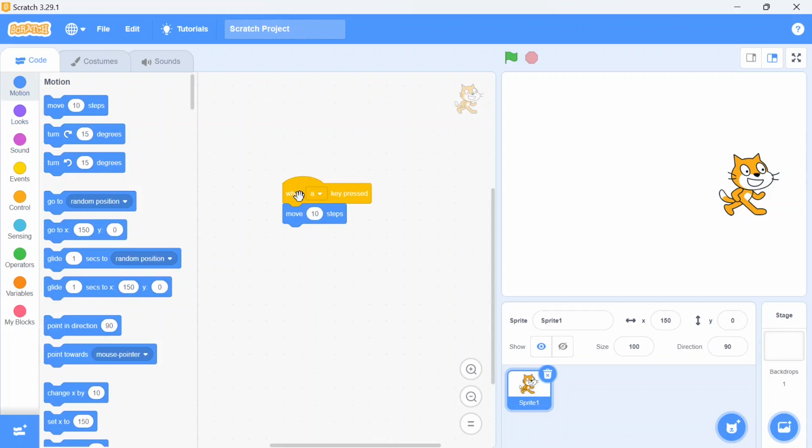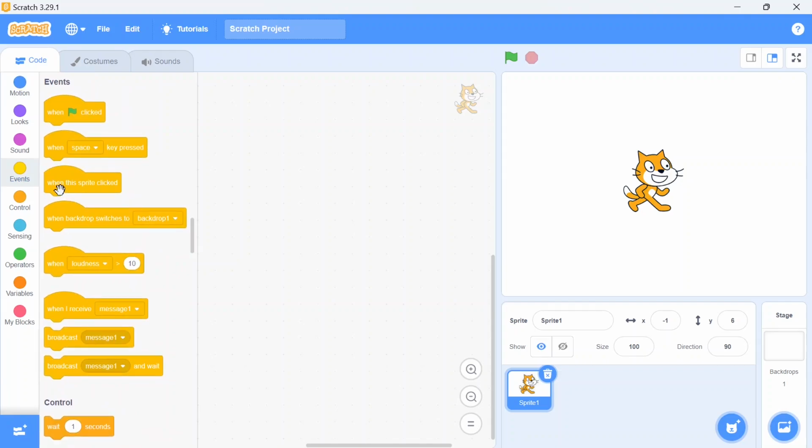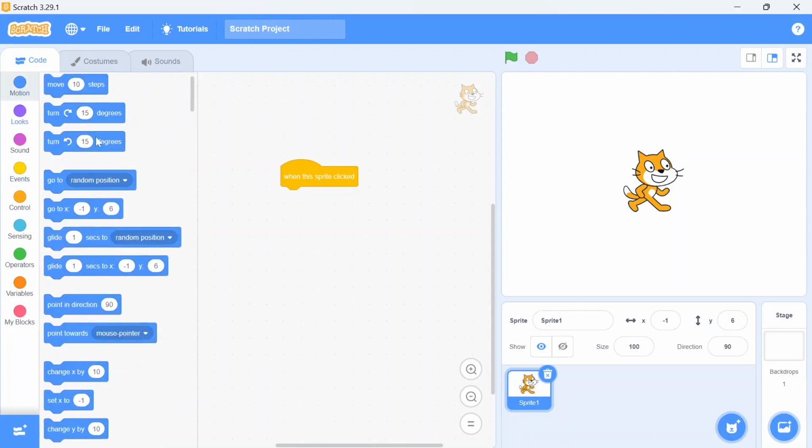Now we'll discuss another block. The next event block is when this sprite is clicked. Here, same as before, you are triggering your script with the help of the sprite click. Here I have chosen only one sprite, which is already available, and I again want to move 10 steps.